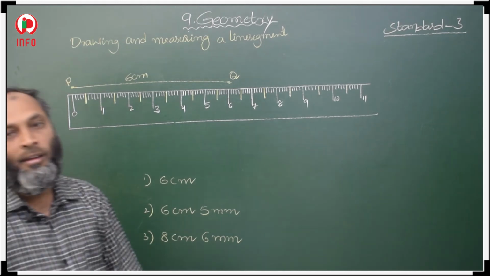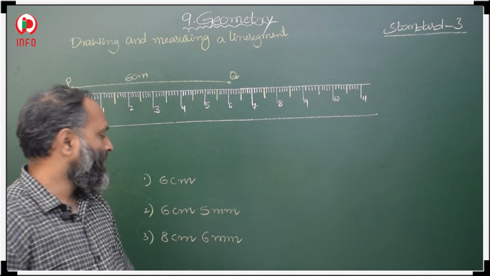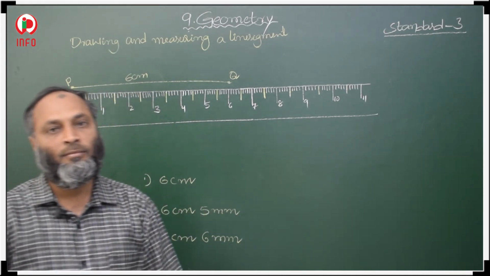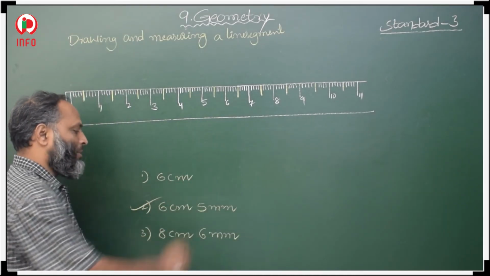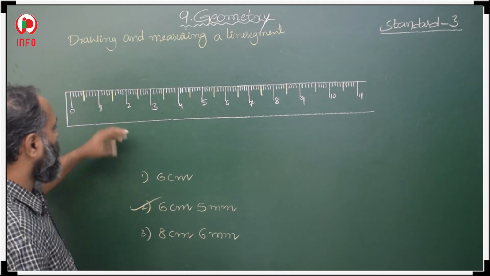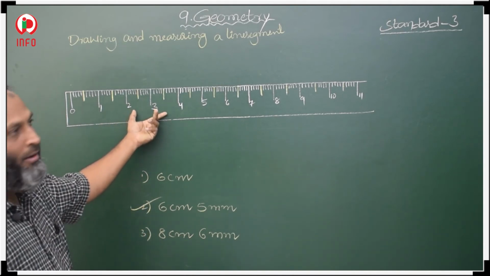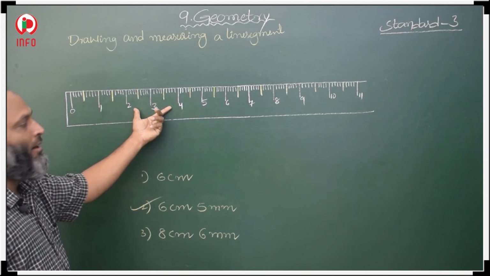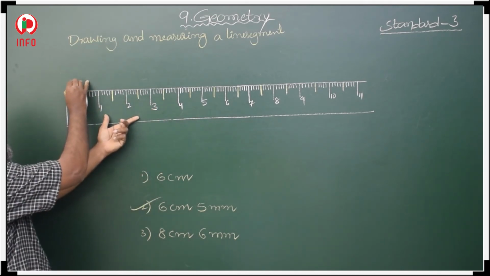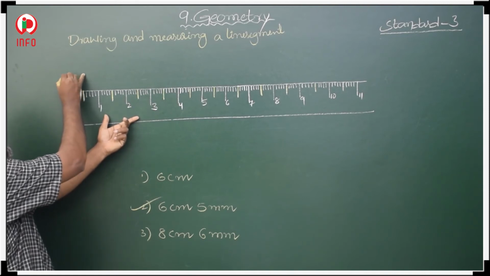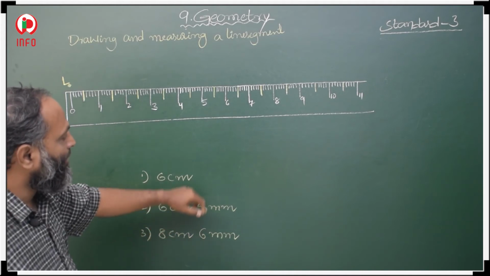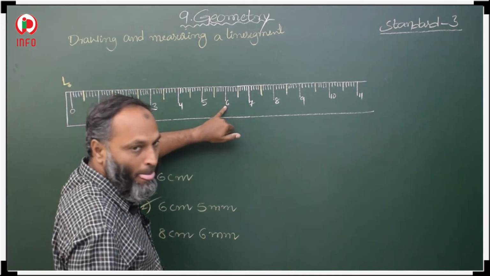Now we are going to draw 6 centimeters 5 millimeters. Now this 6 centimeters 5 millimeters, how to draw it? Again we keep a scale on a paper and hold your scale. First you mark one point at 0, this is our initial point L. So here I am taking L as the initial point, and for 6 centimeters 5 millimeters, here we have